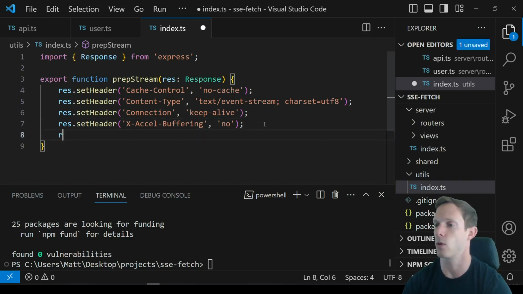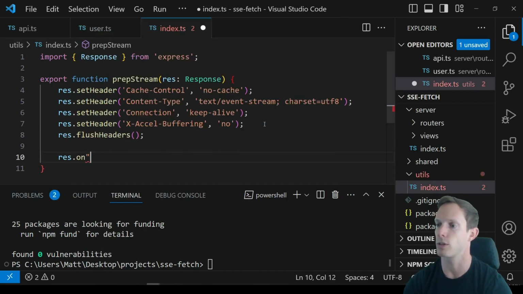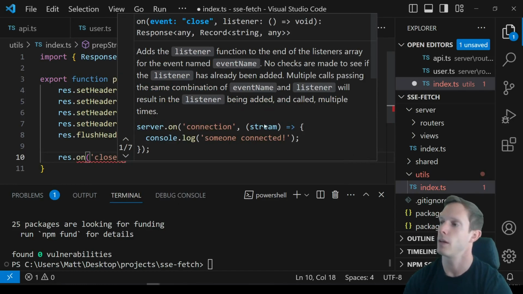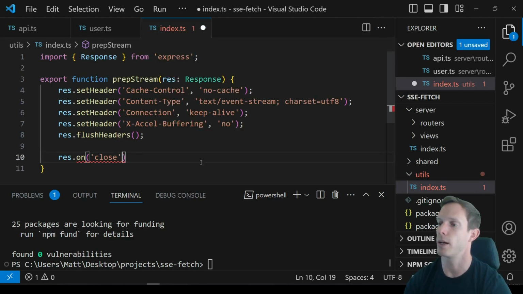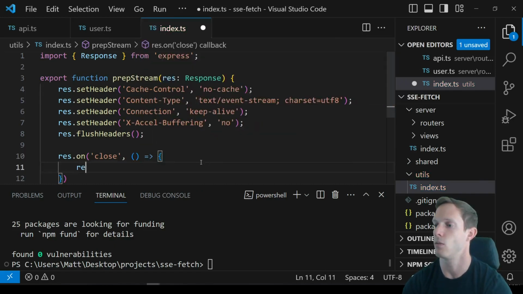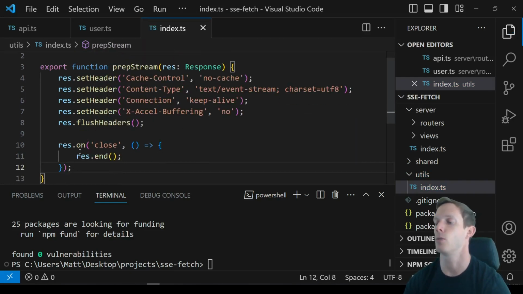And finally, we're going to call res.flushHeaders. That's basically locking those headers in place. And then we can also set this res.on close, right? And so on close, what we want to actually do is res.end, right? And so that's if the connection ends up closing. We just want to make sure that we actually end this connection or end the response,